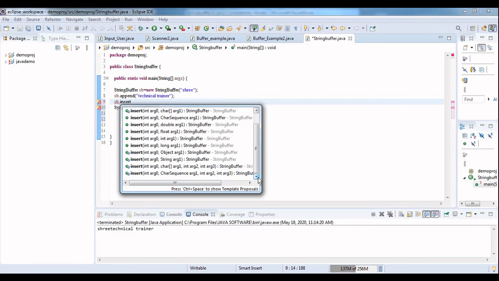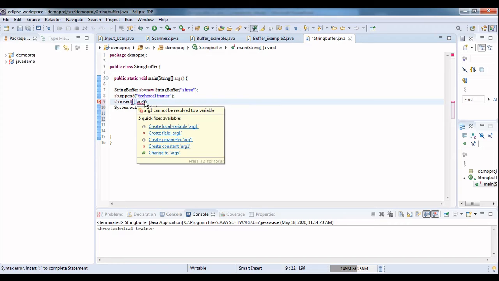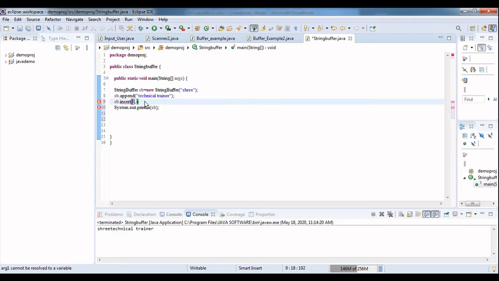So let me choose insert with an argument followed by string. I have to specify the location, that is the index. Next I have to specify the string. So for the index, I will specify 0, first from the starting itself.